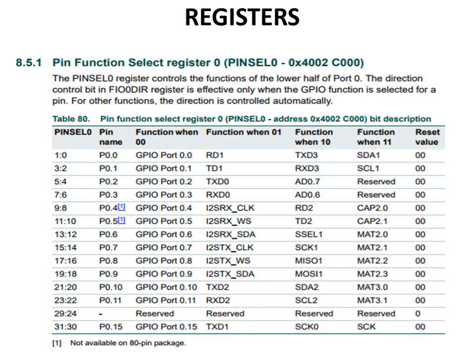All these bits are to be taken as general purpose input output bits. In order to make them GPIO bits, we need to put the value as 00. You can see function 00 is GPIO for port 0. If you put the value as 00, these pins will work as general purpose input output bits. So in the program, the first thing we are going to do is make port 0 bit 4 to port 0 bit 11 as general purpose input output bits.